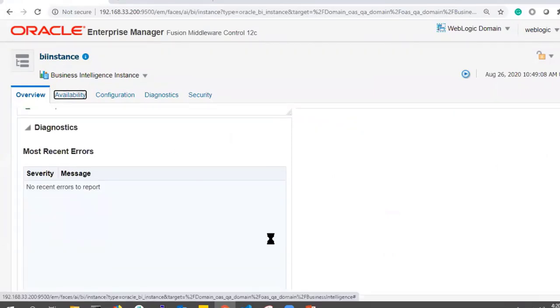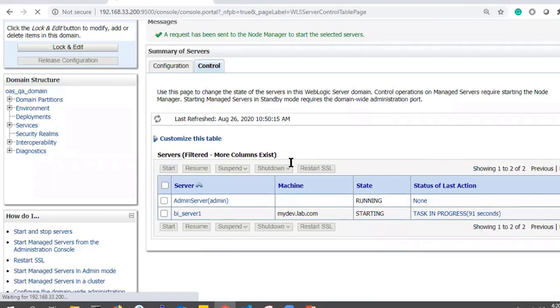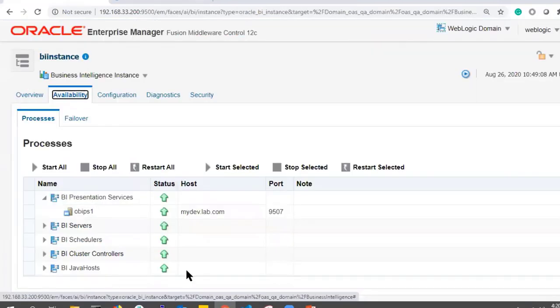So clicking on availability, it takes a bit of time. Okay. Now you can see all the services which are associated with this BI. It is showing one service is available, OBI PS process is available.